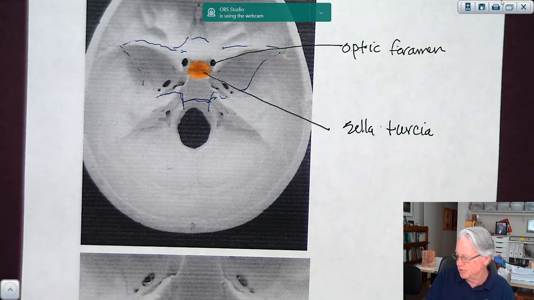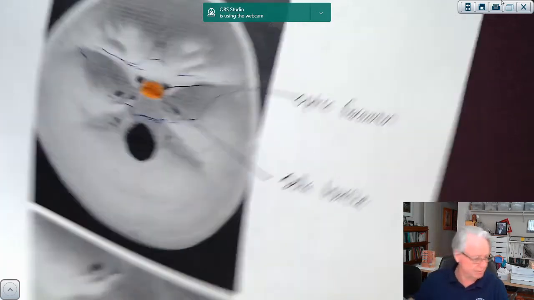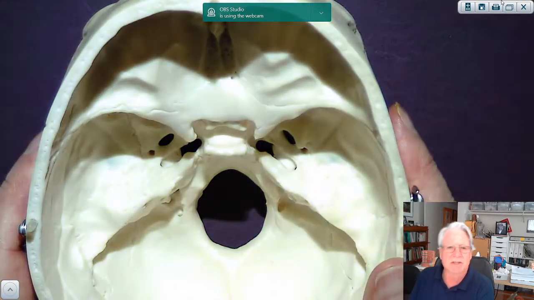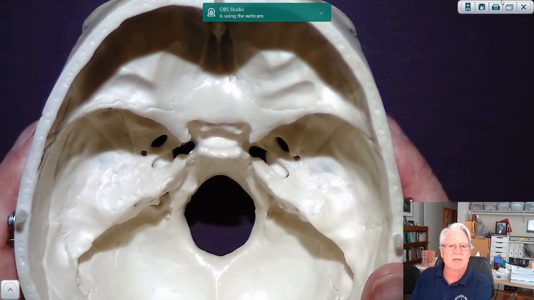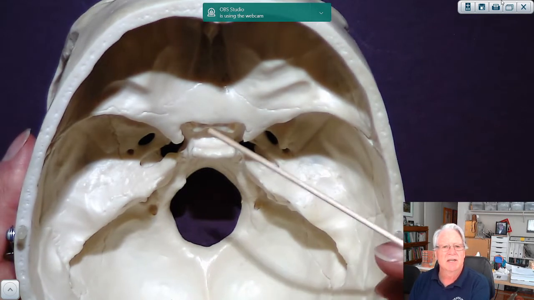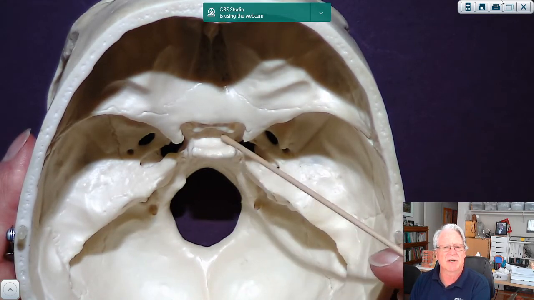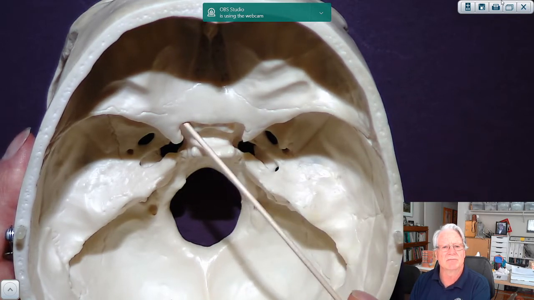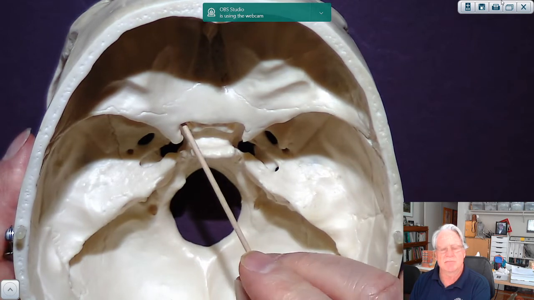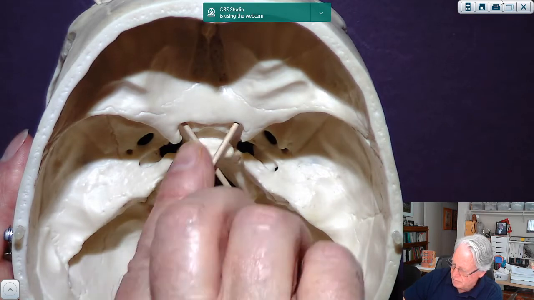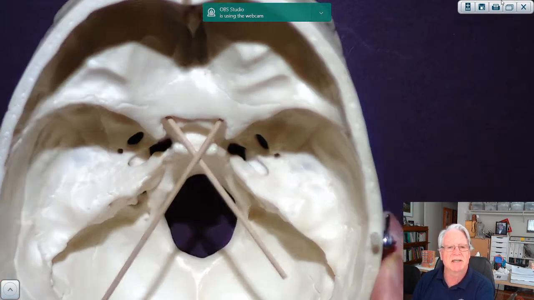All right, let's turn to the skull and look at those structures. So we've opened up the inside of the skull. We're looking down to where the brain would normally be. And as you can see, it's 3D. It's a lot easier to see this. We've got this saddle-like structure. That's the sella turcica. Okay? And then right here is a hole, an opening. And I've actually put my stick through there. And I'll put the other one through that too. Okay. So those sticks are indicating the optic